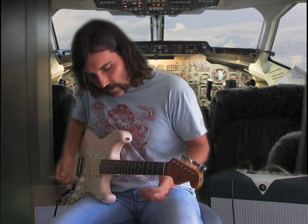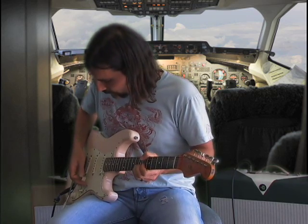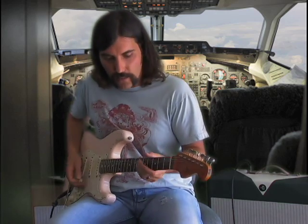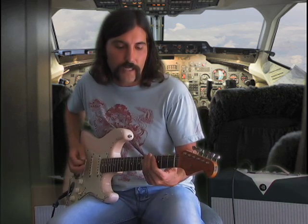There are different spots on the guitar, like a good one's on the 8th fret of the B string. It's a little bit harder to hit. We'll see if I can get it. You can get really high-pitched ones. The lower ones are kind of cool. They're kind of meatier sounding. Something that you could put in like a song, you know, like a...